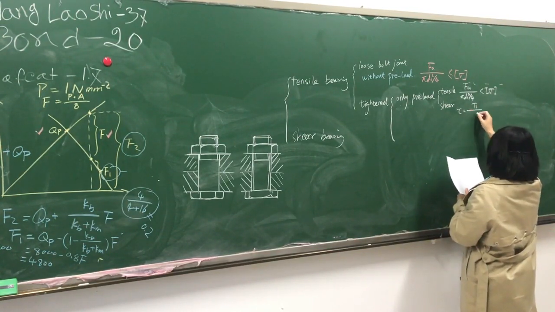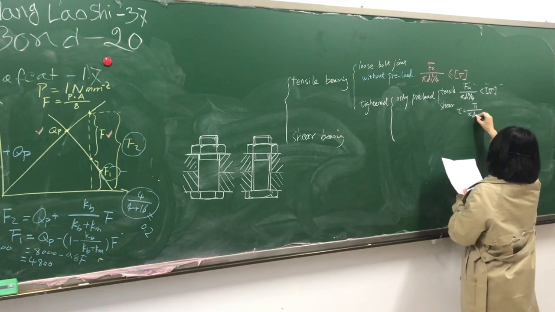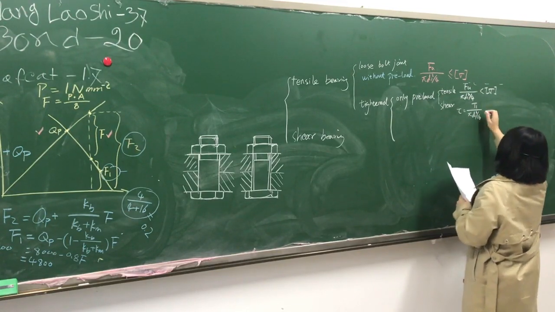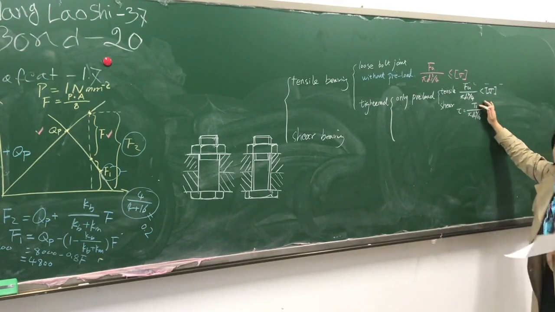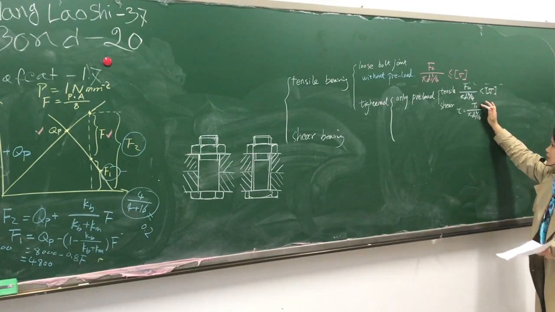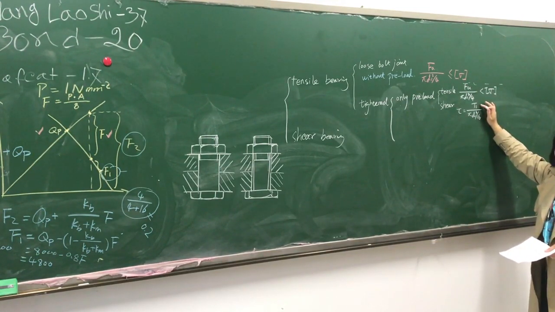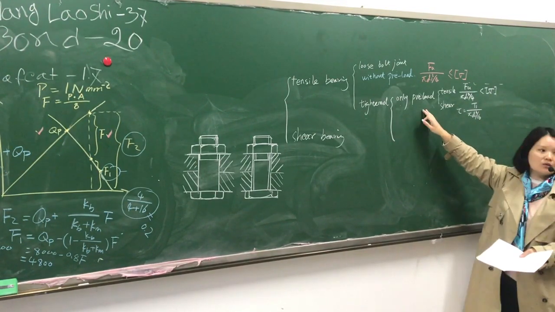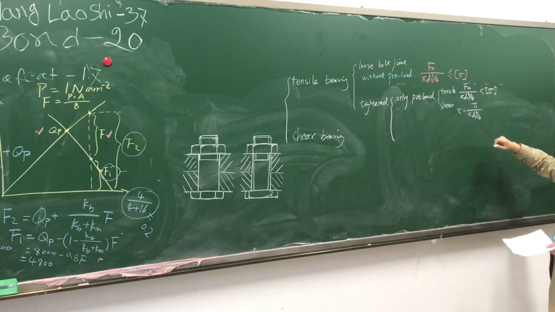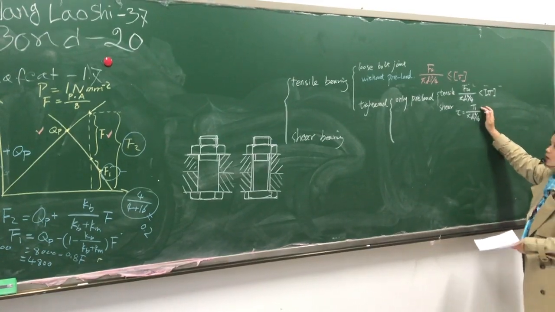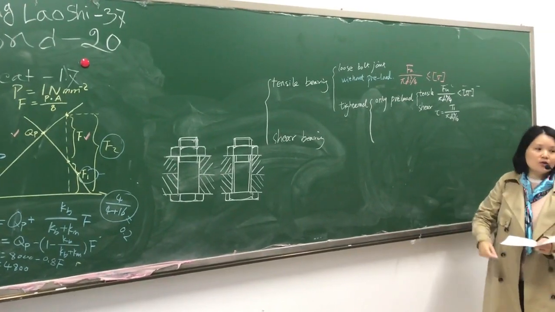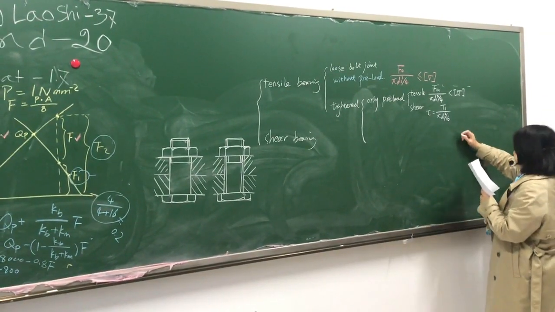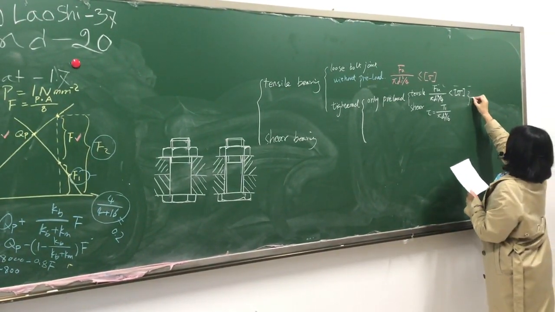T1 minus... T1 is the torque or the friction. T1 is the friction of the bolt under the preload. Okay, under preload or under the torque. So we can obtain